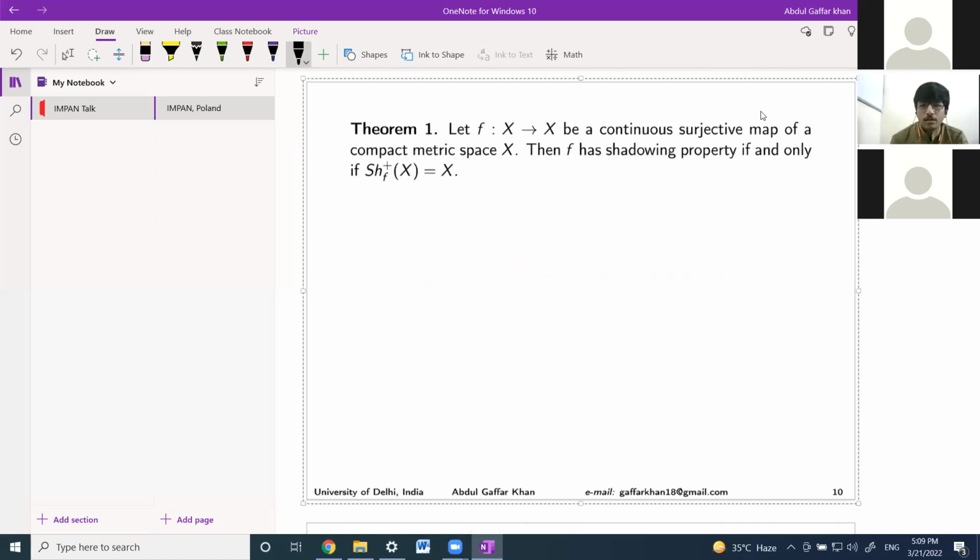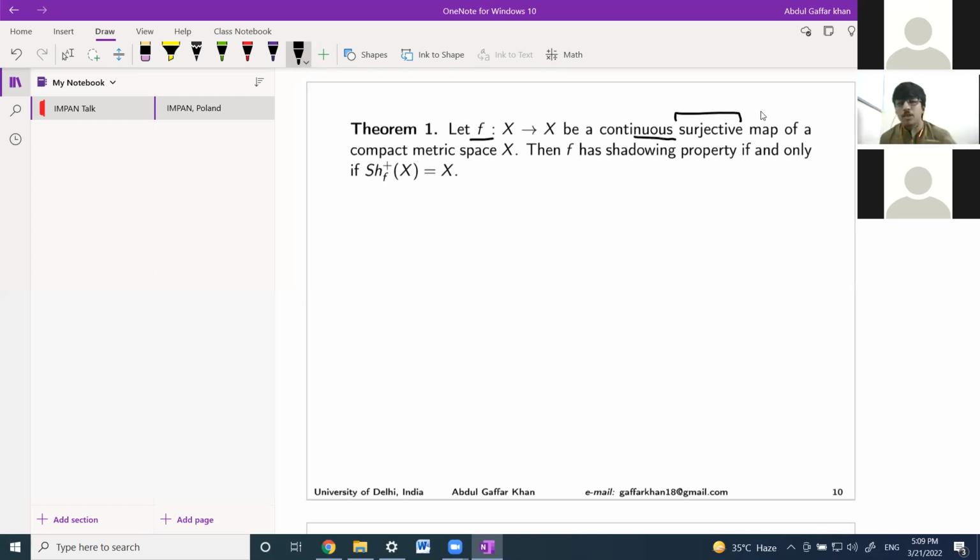That is precisely, if F is a continuous surjective map of a compact metric space, then F has shadowing if and only if every point is a shadowable point. Surjectivity, although not required, is involved in our other results, so we have normalized it in the hypothesis itself. One can observe that surjectivity is not required in the proofs. And in fact, the proof has later been further simplified by Arbieto and Trilles.